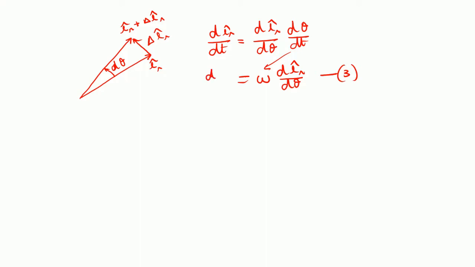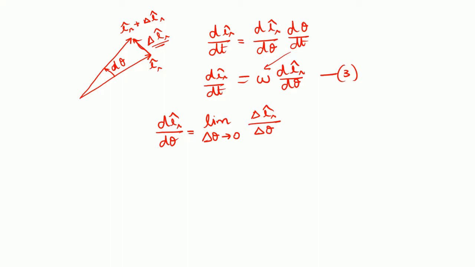Okay, so der by dt is this. Now we have to understand what is der by d theta. Now der by d theta, in the basic definition, is the limit as delta theta tends to 0 of delta er divided by delta theta. Now let us see how this comes about. What is the direction of delta er? Delta er is in this direction.